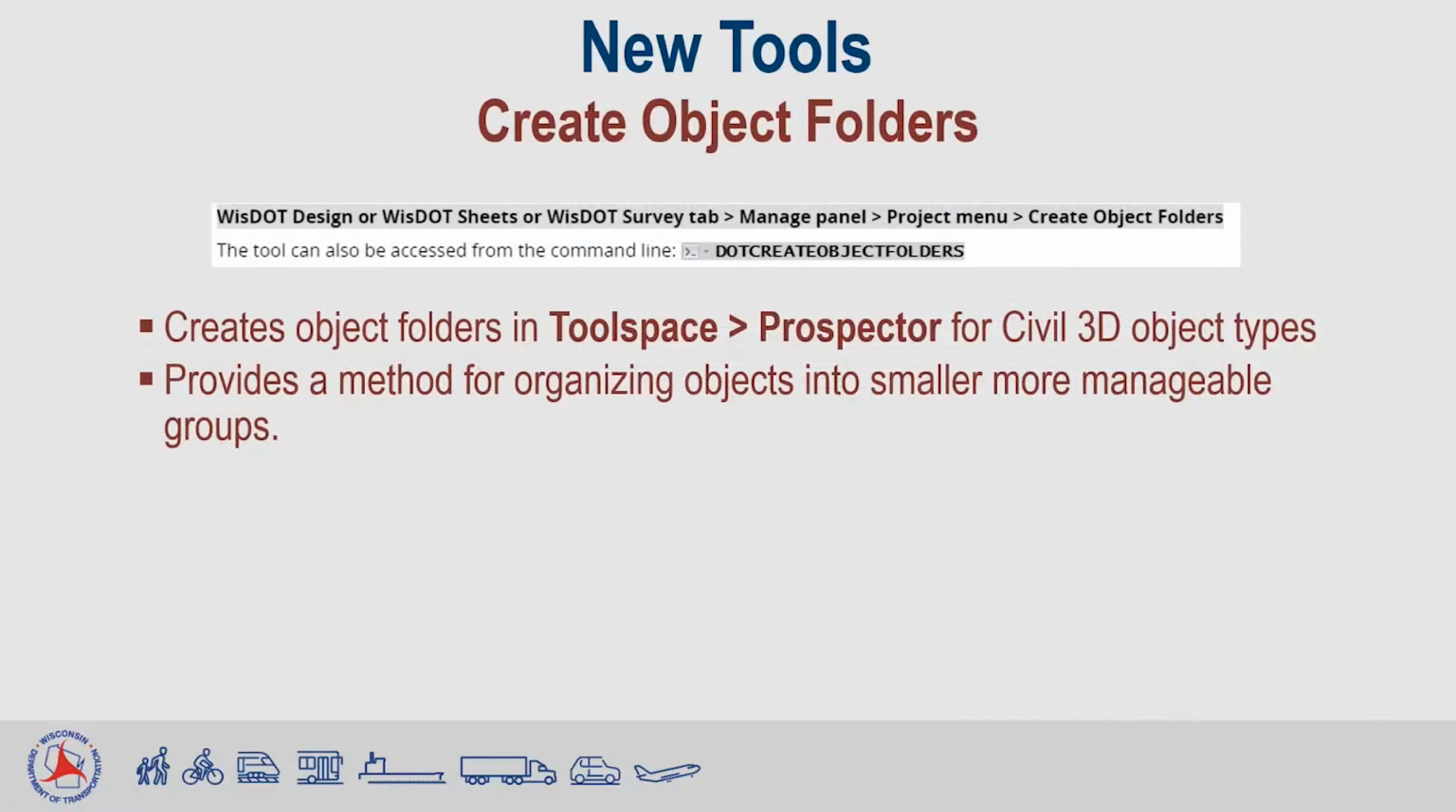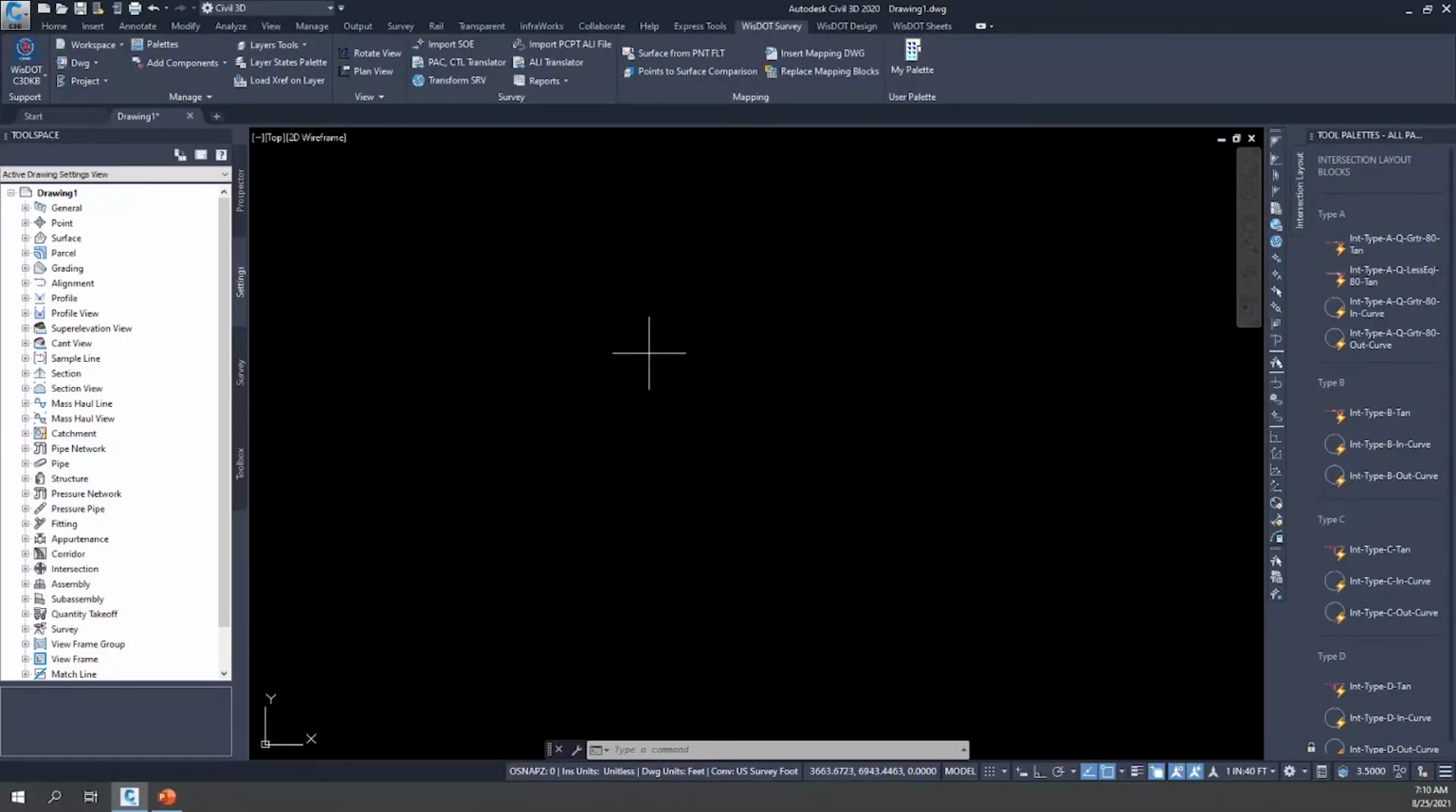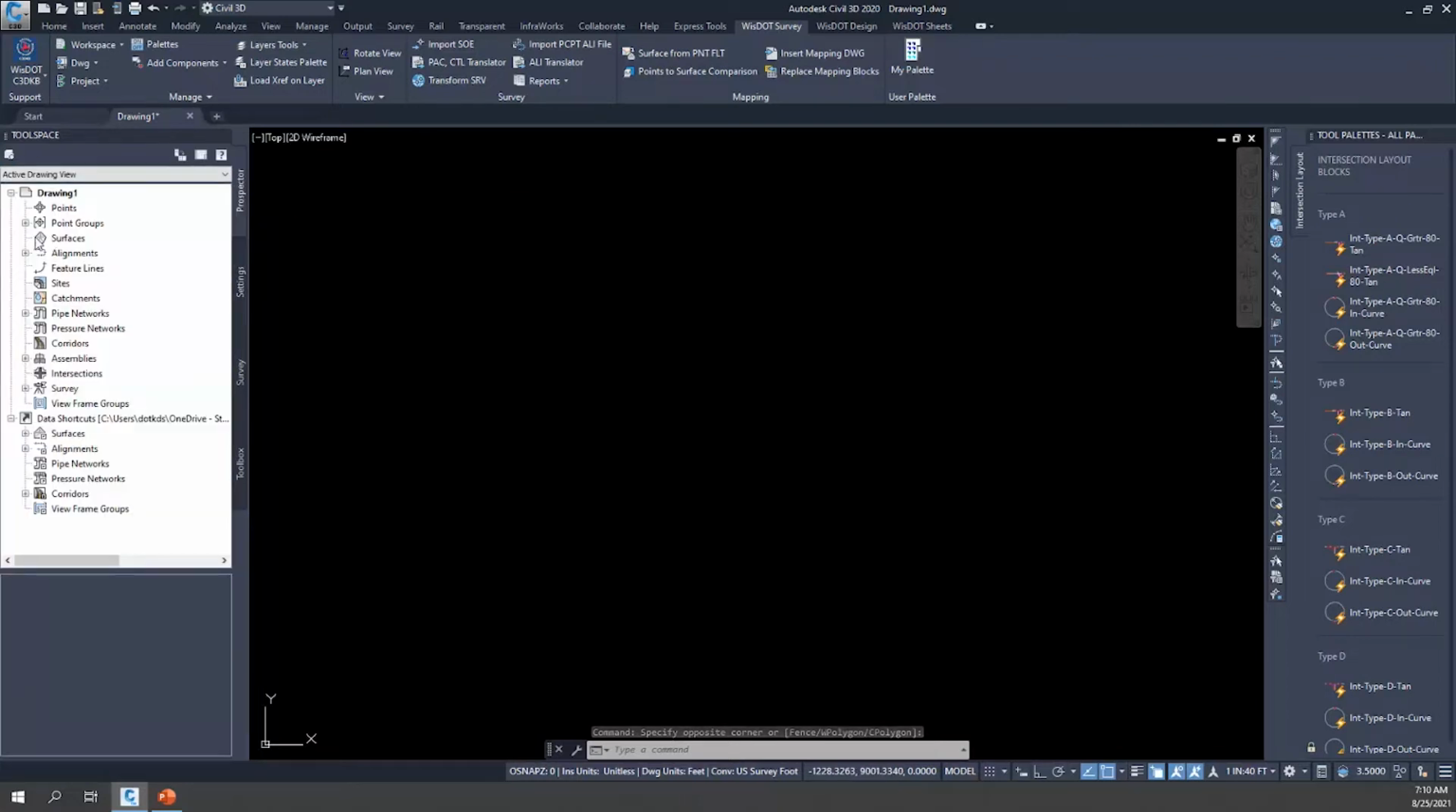All right, the next tool is called Create Object Folders. This one is found in, again, the Manage panel, that common panel, project menu. You'll find the button Create Object Folders. I want to just sprinkle in demonstrations in here just to break up the monotony and not have to look at my PowerPoint the whole time. So I'm just going to run this tool. So you can see